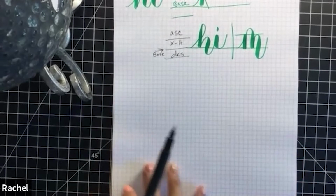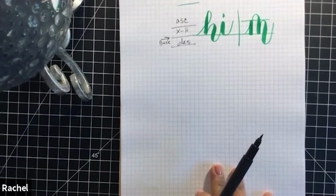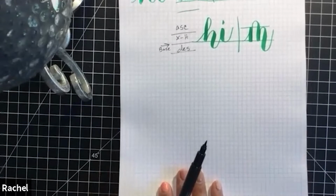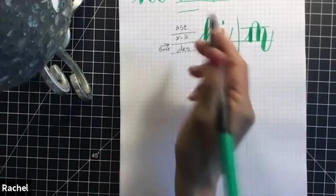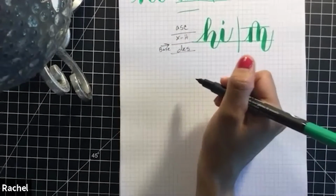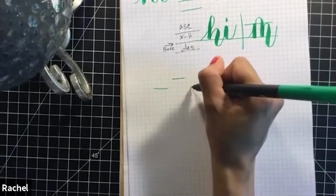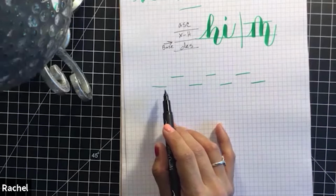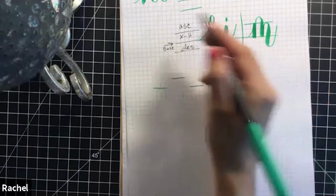There is not a specific guide, I guess you can say, to bounce lettering. I like to see it as every word has its own bounce. And the reason I say that, going into my next pointer, is you want to kind of keep it opposite. So it's going to start looking like steps. Up and down, up and down. Where if you were to get, like for example here, hi, I can easily